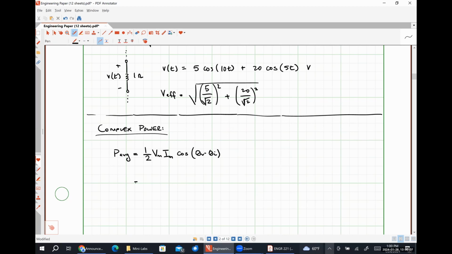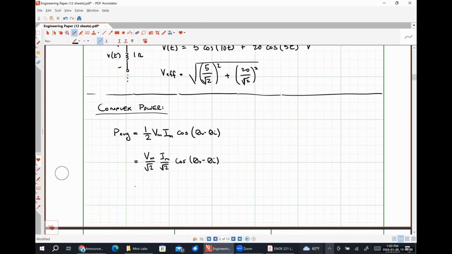All I'm going to do here is split that 1/2 up into 1 divided by the square root of 2 multiplied by 1 divided by the square root of 2. So that effectively I have Vm divided by the square root of 2 times Im divided by the square root of 2 times the cosine of theta V minus theta I. And recognizing that in a sinusoidal steady state system, Vm over the square root of 2 is nothing more than the effective voltage, I'm left with V effective times I effective